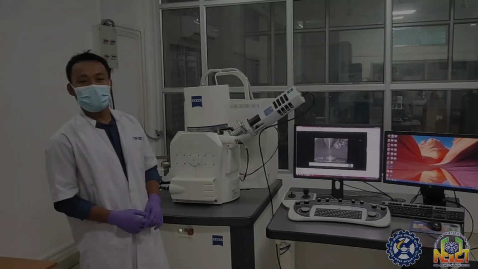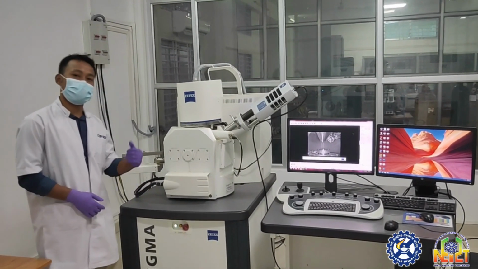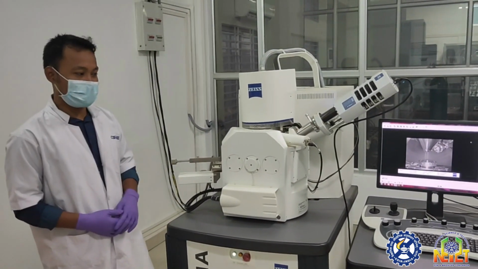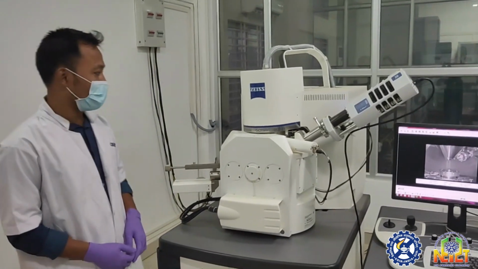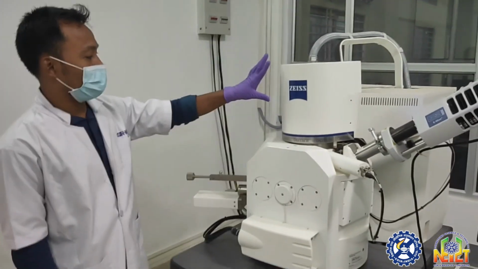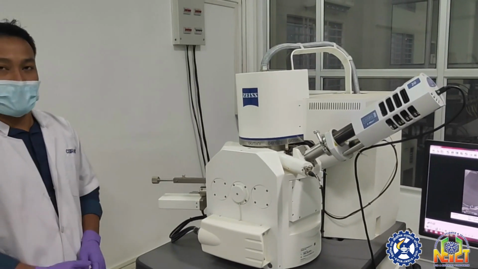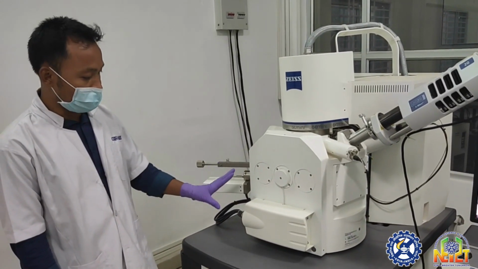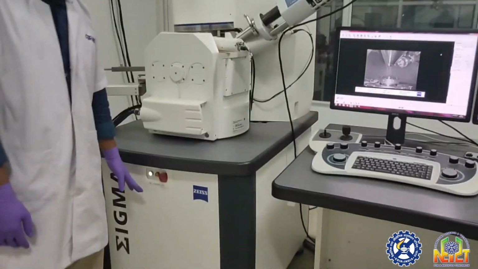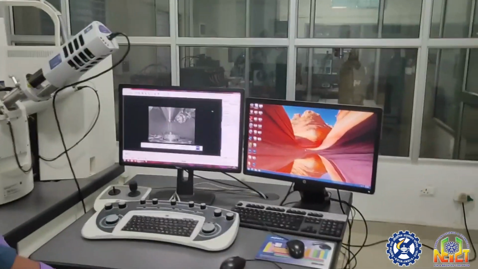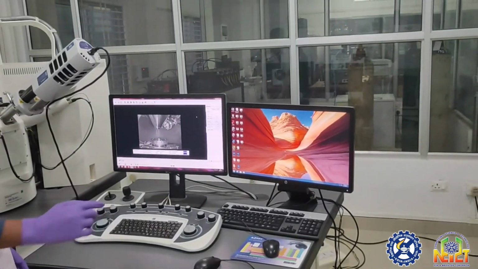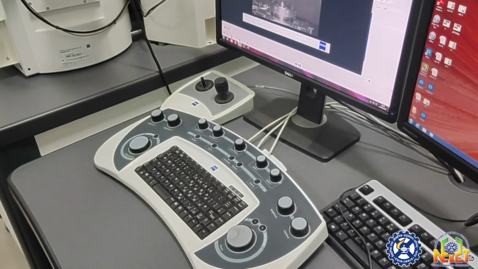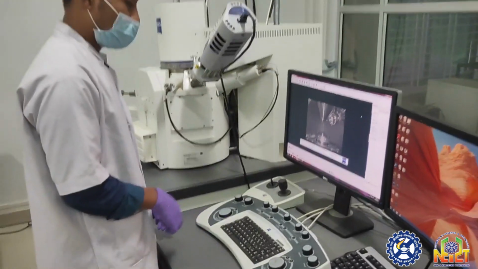So I am going to tell you about the instrument Field Emission Scanning Electron Microscope, popularly known as FESEM, used for surface information like surface morphology. Here we can see the optical column chamber, from where we get the beam of electrons, and this is the analytical chamber. Here we can put the samples, and this goes to the electronics part. Here we have two PCs and two monitors. This is our hard panel, and with the help of this hard panel we can easily handle the entire scanning process of the instrument.